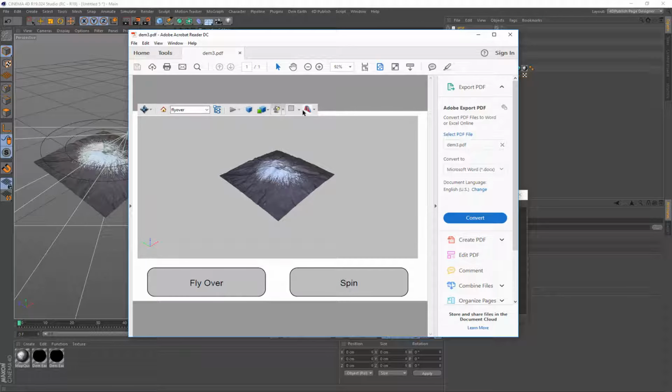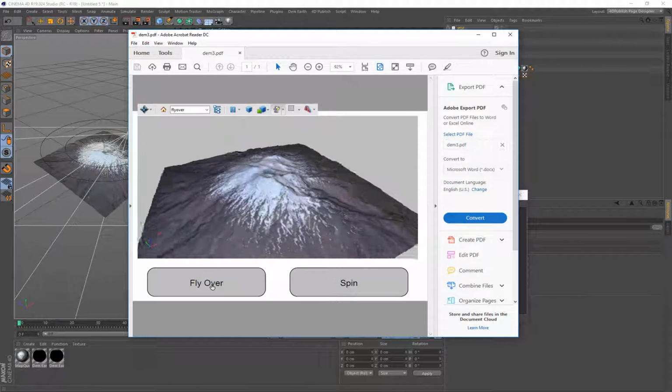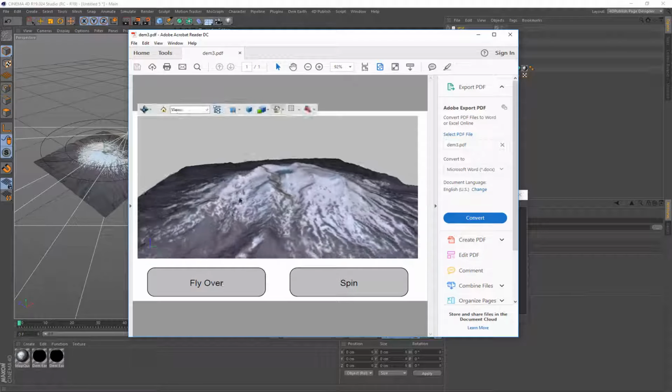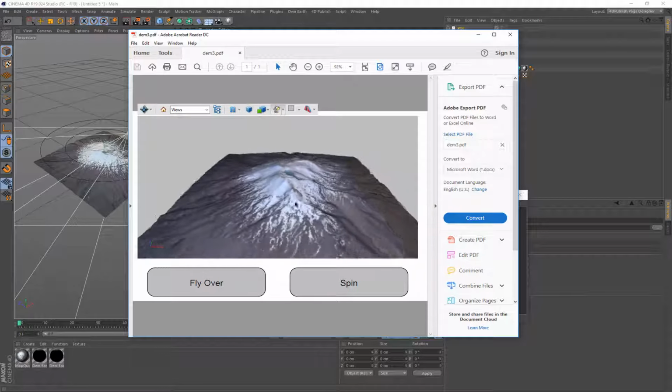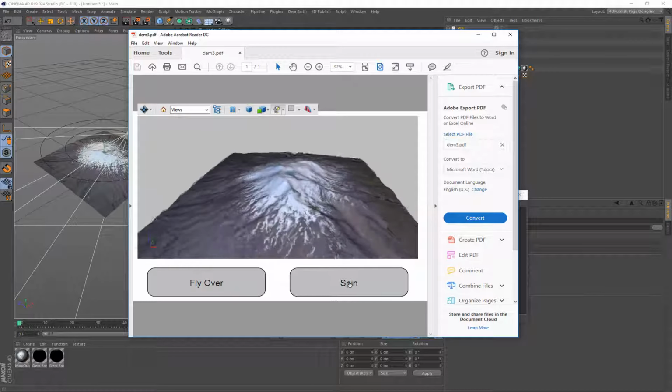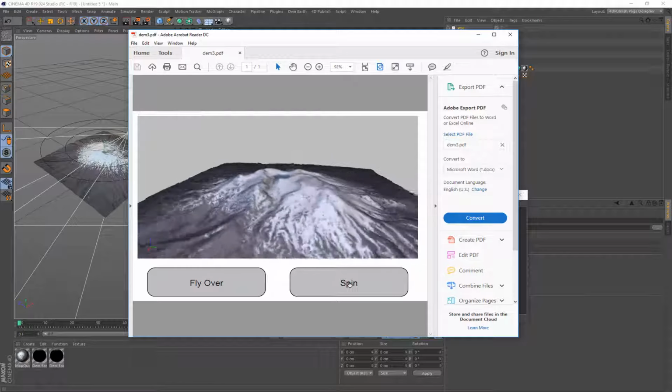We'll get to show how to remove that later. But you can just click in here and rotate your scene. Click on here, you'll have your flyover, which is that amazing animation I did. And then we've also got, you can see there it's doing the ping pong, the reversing of the animation, and then it'll do it again. And then we've also got our spin here, so we can click on the spin, and this is just going to be,